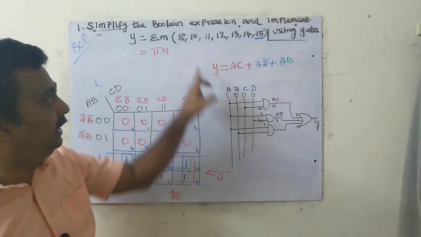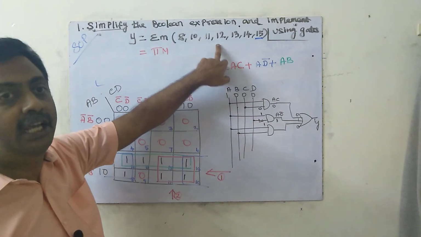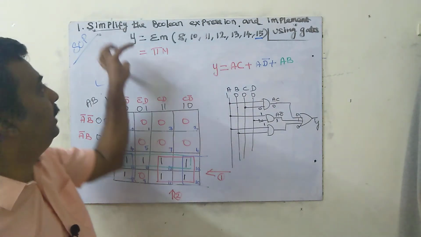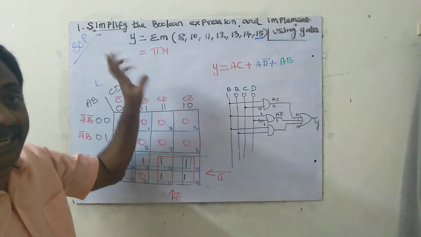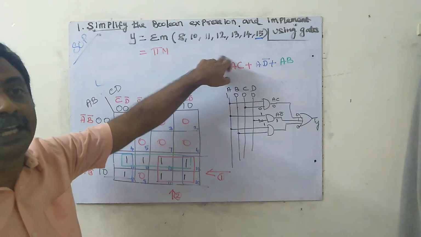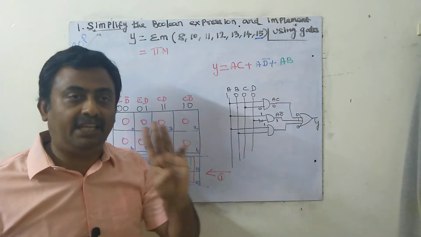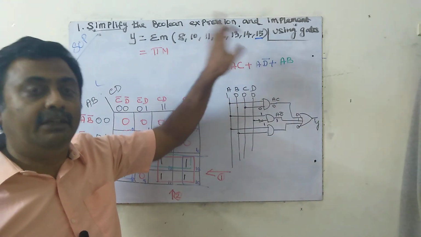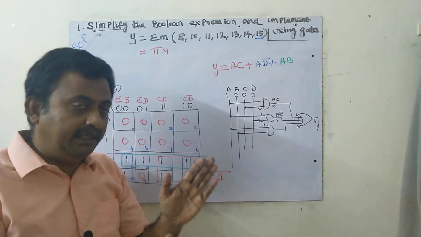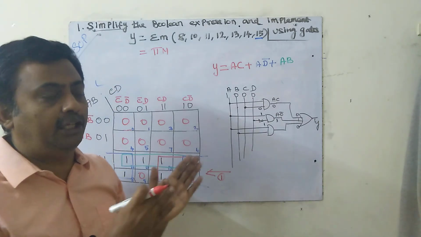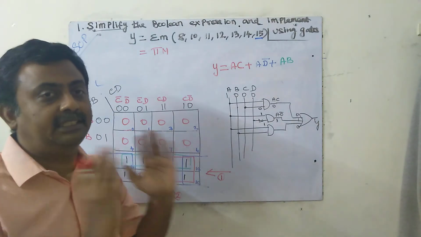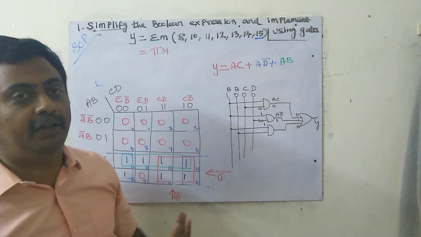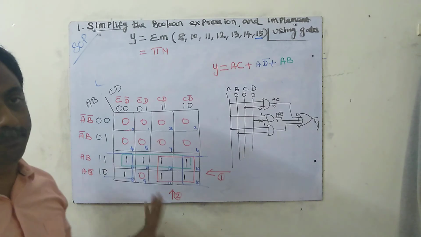That's all. If it is min term we have to put 1, and if max term we have to put 0. How to find min term or max term? Sigma or pi. Next, how many variables is the problem? If values are less than 7, it is 3 variables. Less than 15 means 0 to 15, in between values, it is 4 variables. 0 to 31, it is 5 variables. According to that, you have to put the map.